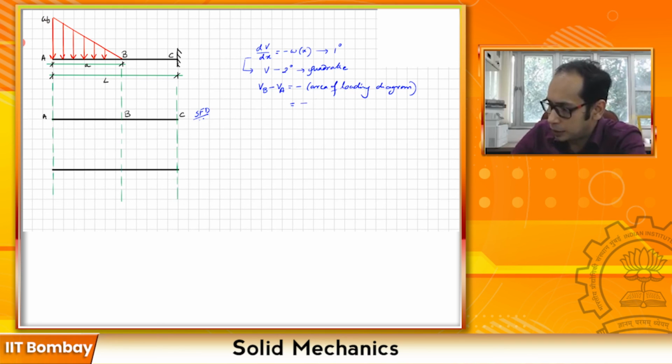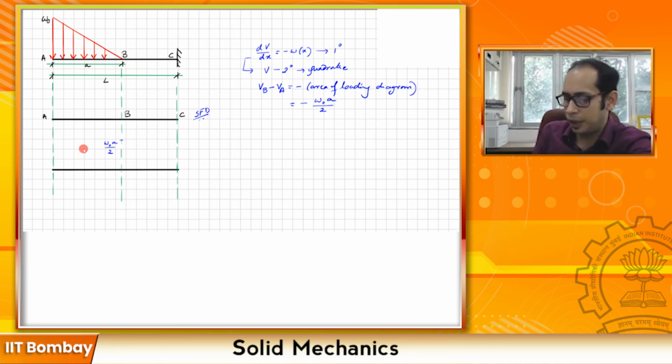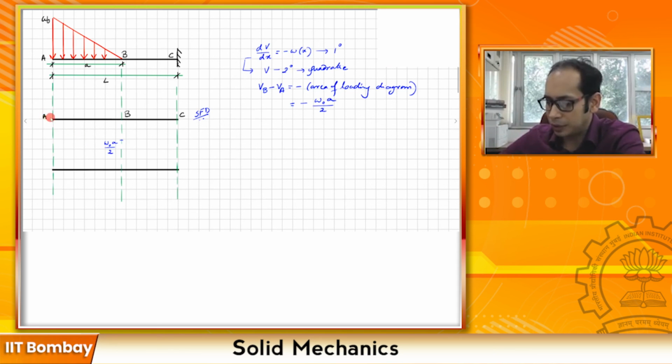So minus W0 A divided by 2. I know that here the shear force is 0, and at this particular point, at the point B, I have the value W0 A divided by 2. At that particular point, I have not put the negative sign because I'm drawing in the lower half plane. And also, from A to B, that is from the shear force